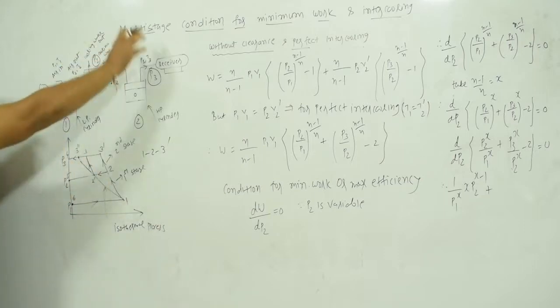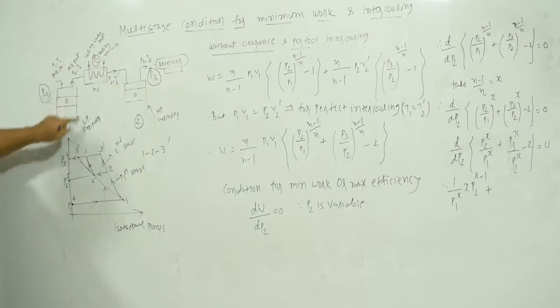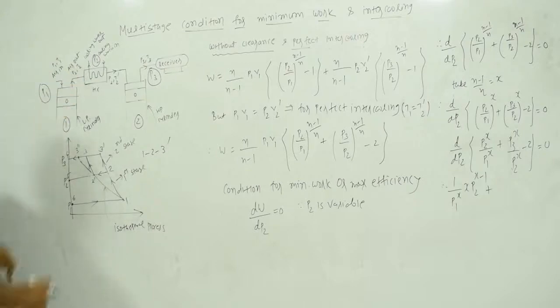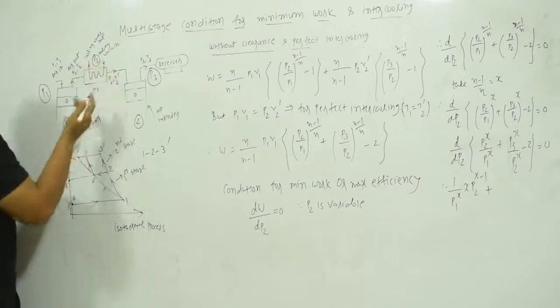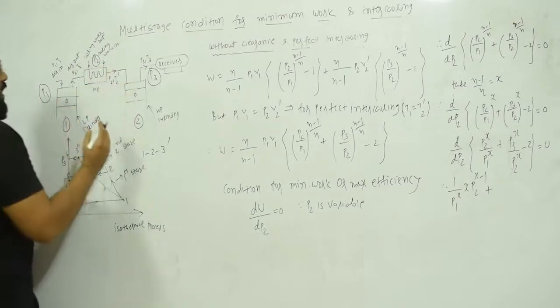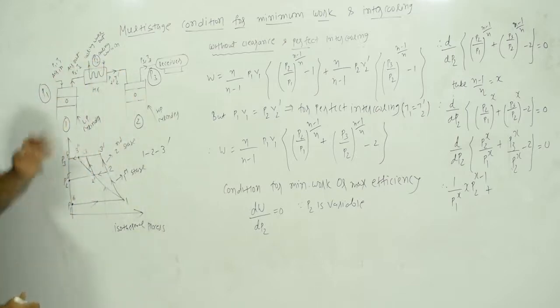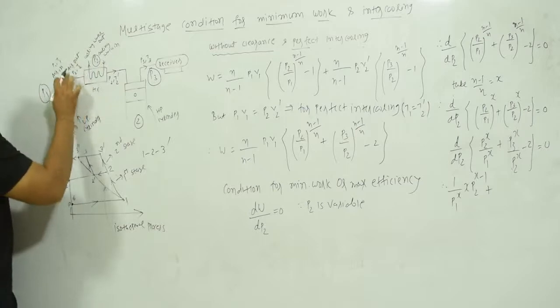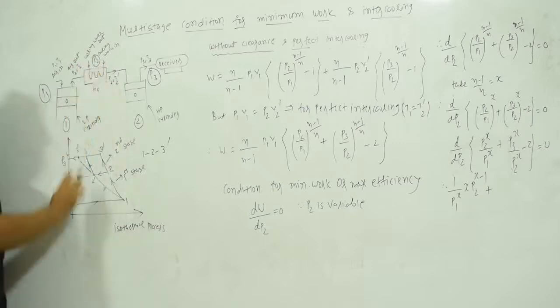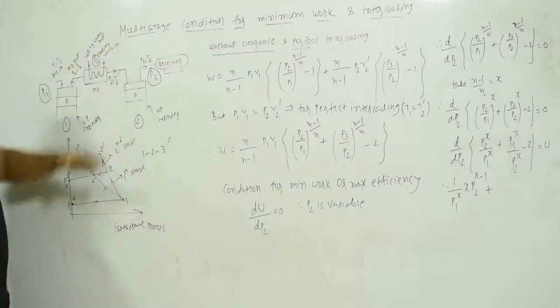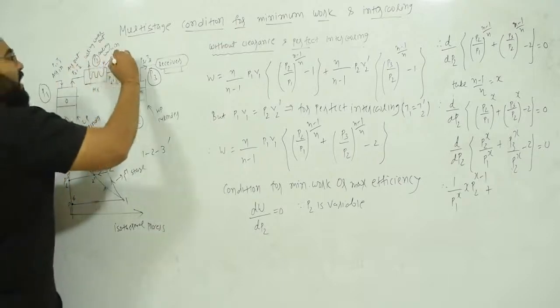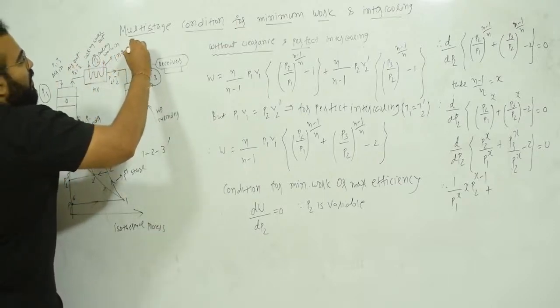Okay, so now we are going to explain over here. Here you can see that this is the first cylinder in which air comes in at a pressure P1, temperature T1, compression is done, and air goes out at a pressure P2, temperature T2. Here you have intercooling. Intercooling means that between two compressors, you do constant pressure cooling. The air coming out of the first compressor is cooled in a heat exchanger at a constant pressure. This is known as intercooling.